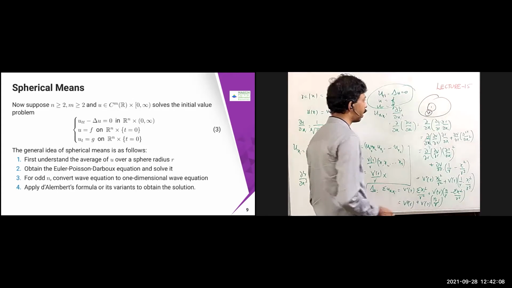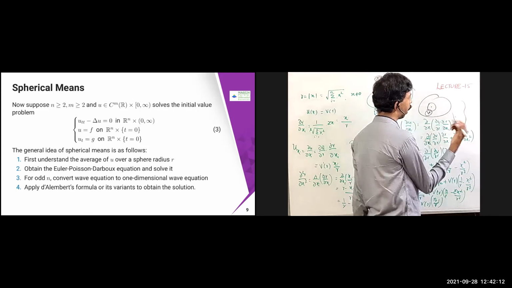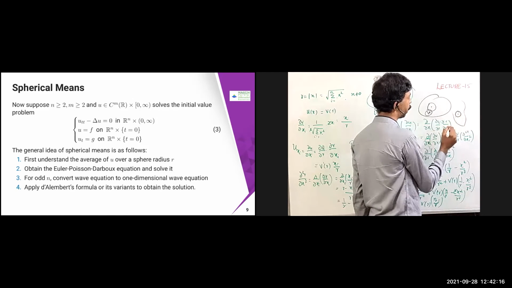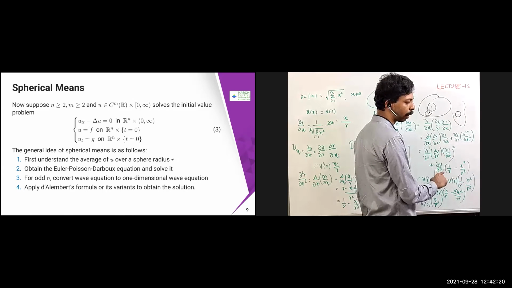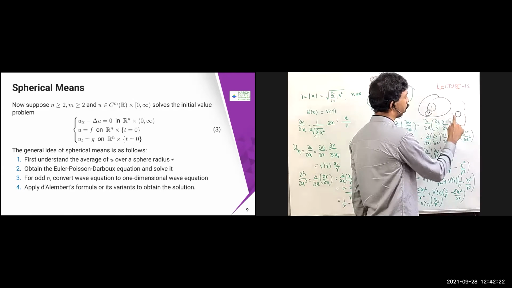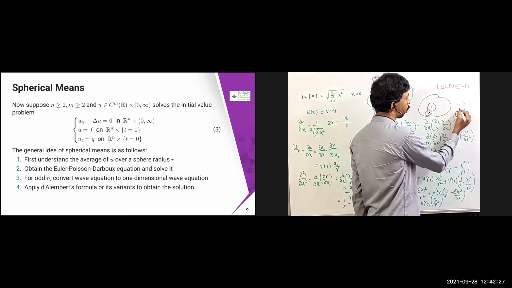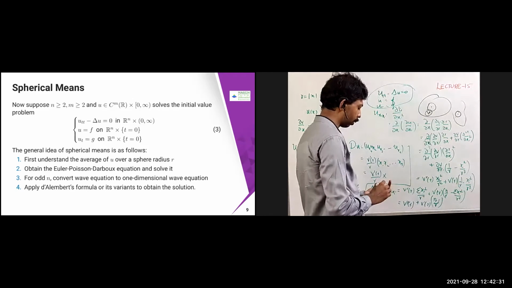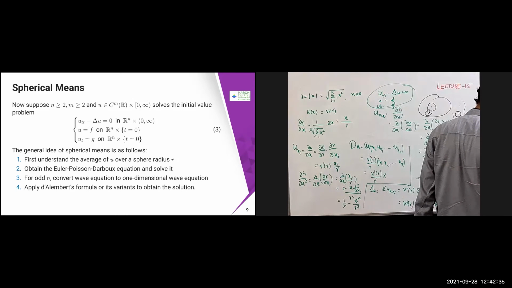So the idea is that you have a domain. For this domain, I'm not going to solve this directly. I'm just going to take an average. I will take a sphere of radius r, and there I can apply the polar coordinate system and obtain the answers. Once I obtain this, I can put it for every place. I can put some small sphere and obtain the average of that. That is going to be the answer for me. So that's what we are going to do in the next 20 minutes.